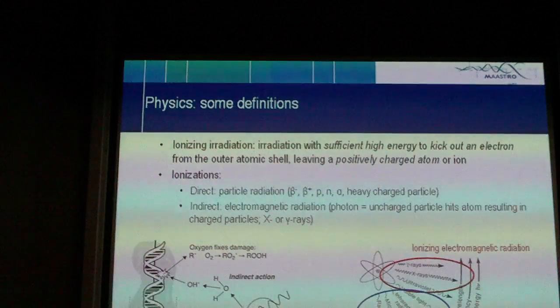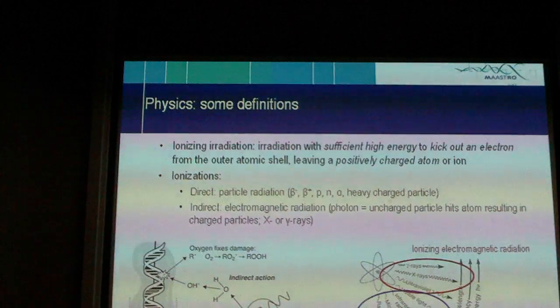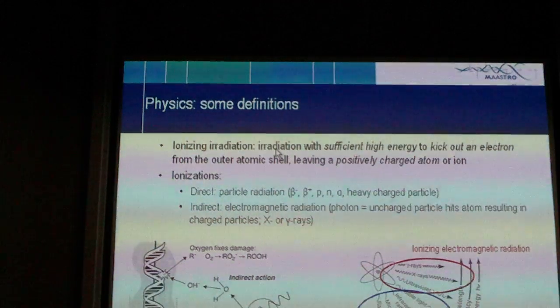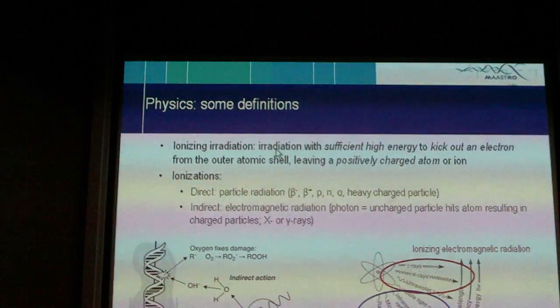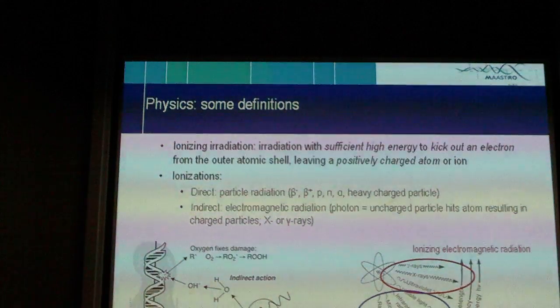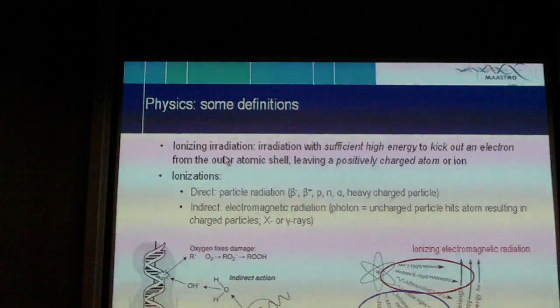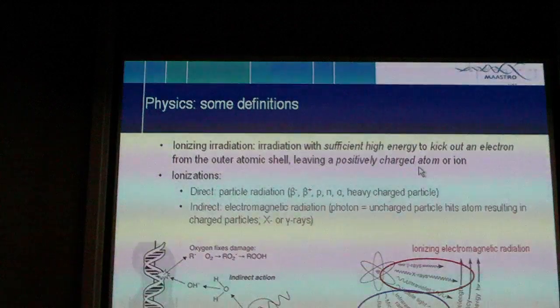Okay, let's move to some physics. First, before we really dive into the die-hard physics, a lot of formulas, some definitions. So we're talking about ionizing irradiation, or ionizing radiation. So this is a radiation with sufficiently high energy to kick out an electron from one of the shells of atoms. So this can be the outer atomic shell, can also be inner atomic shells. But in such a way that it leaves a positively charged atom